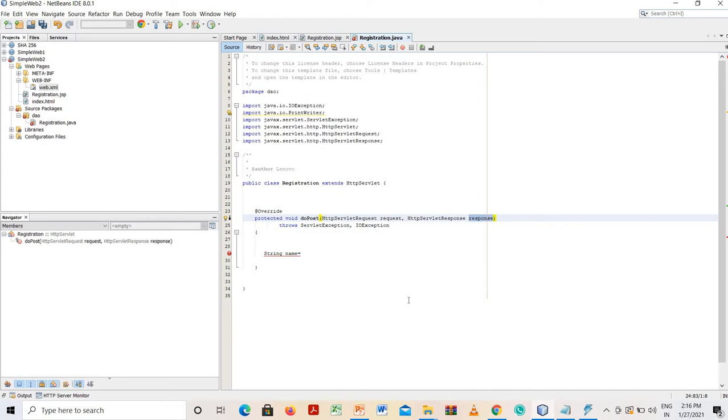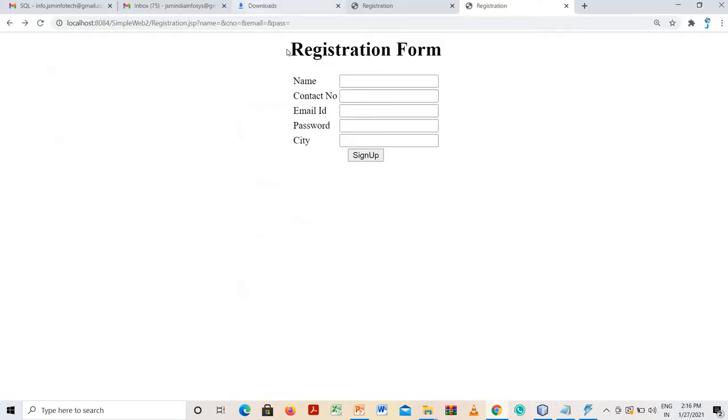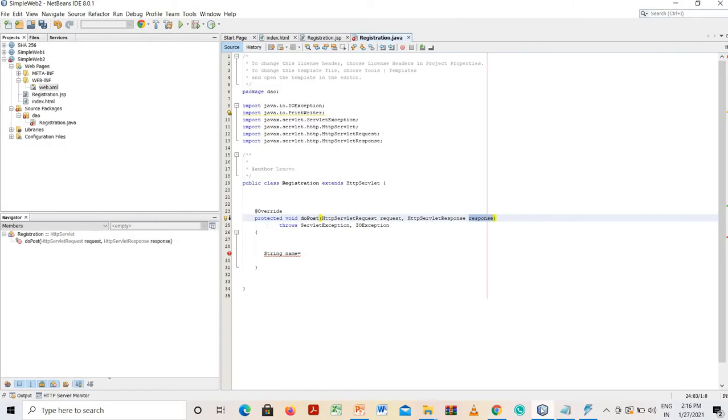So here this name, contact number, email id, password, city, who is filling these up? The user is filling them up, meaning from the browser. So here the browser will be the client, so these are the client side parameters, right? Client side parameters, we can access using the request object.